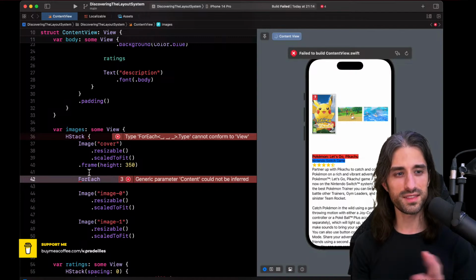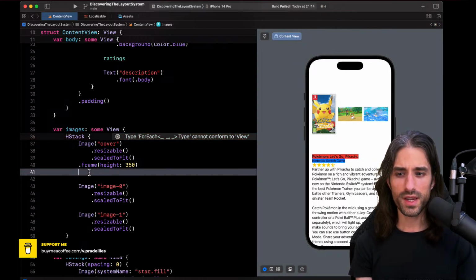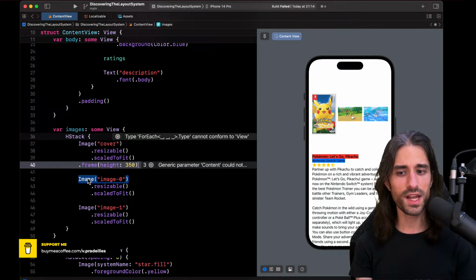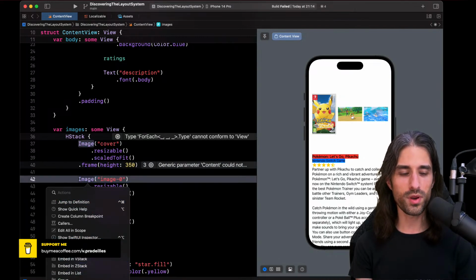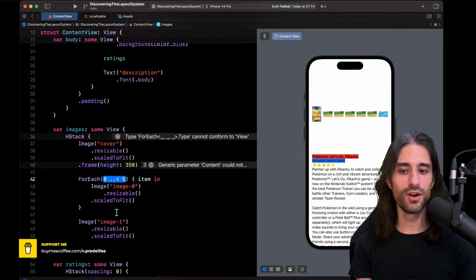How does it work? We saw last time that ViewBuilder allows us to turn some simple control flow instructions like if, for instance, into views. ForEach does kind of the same thing. It is a view that encapsulates the fact that we iterate over a sequence to build a more complex view. Before I create the ForEach by hand, let me see what happens if I do the command click and repeat, because I want to see what happens. Unfortunately, the repeat is below, outside the screen, but I'm choosing the option repeat. Okay, so it just puts it inside a ForEach.